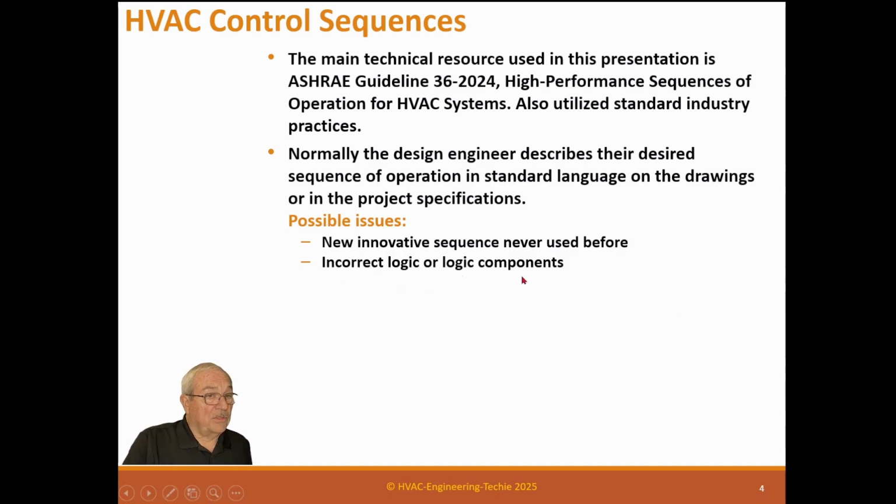So you may think it's really simple. There are a lot of things that both programmers and engineers forget also, especially, and we fought it for many, many years, when you have a temperature reset and a pressure reset on a chilled water system or a hot water system. People forget they're actually connected together by physics. If you increase the amount of flow, you don't need as much temperature difference. If you increase the temperature difference, you don't need as much flow, and they're connected. And that can lead to real problems if you haven't thought about the conditions of that physics changing what you're doing. And that's why Guideline 36 has become relevant,